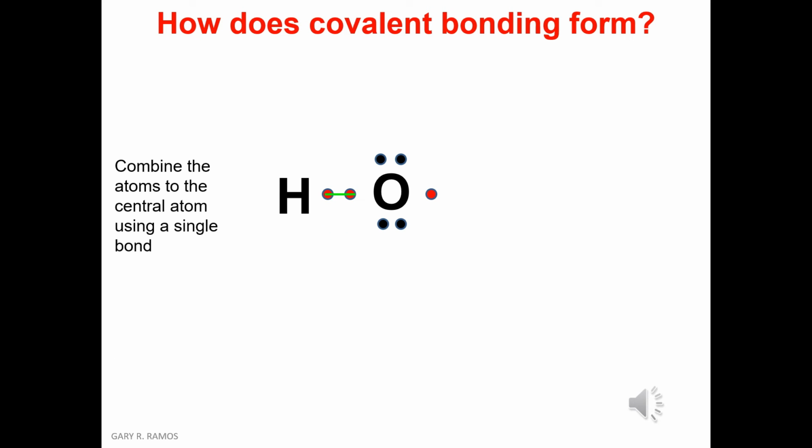So let us now analyze how hydrogen and oxygen form covalent bonding. Hydrogen has one valence electron and it will be shared to oxygen. Now the oxygen will share its one valence electron to hydrogen. The total now of valence electrons of hydrogen will be 2 and that would be stable. Now since the hydrogen has shared one electron to oxygen, the total number of valence electrons in oxygen is 7 and that is not stable.